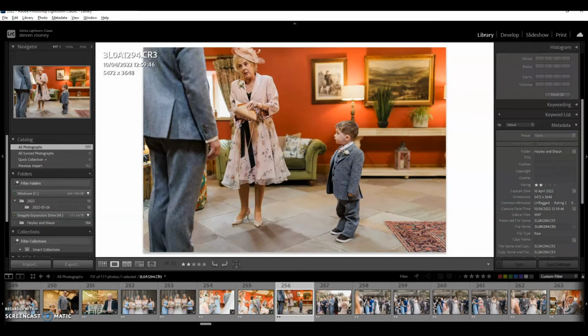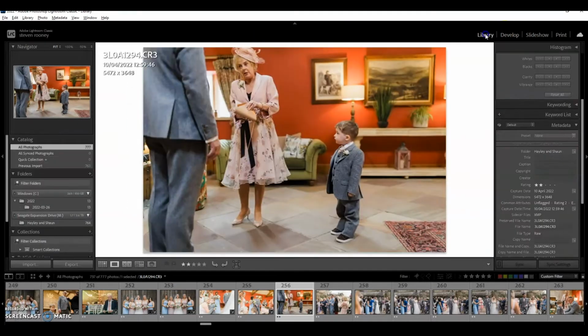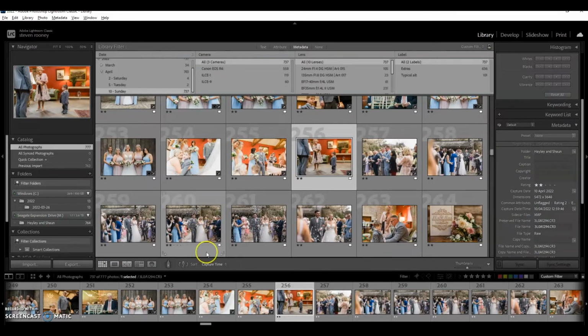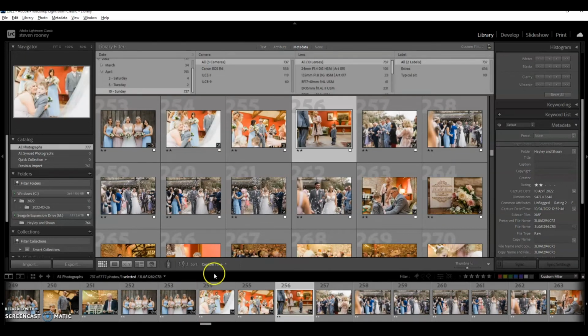So I need to change the time on those images from that particular camera to match up with the other cameras. Now you can't do this in develop mode, there's no options here for filters, you need to go into library mode, and we need to sort these images by camera. Now there's no option here because we need to be in grid mode, which is this grid view. So this is what we call loupe view, and there's no filter options there, so we need to go into grid view, and all these filter options will appear, including this metadata one at the top and this one here